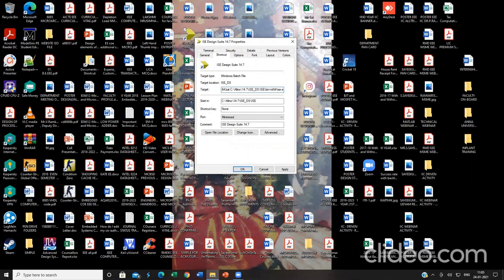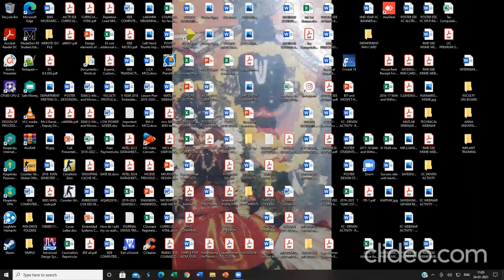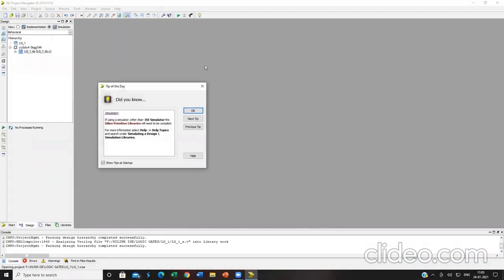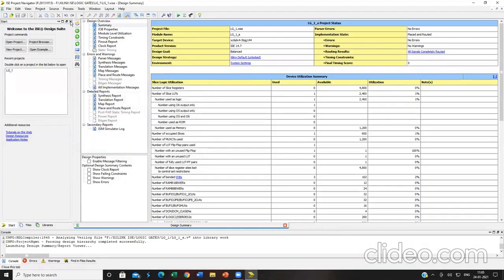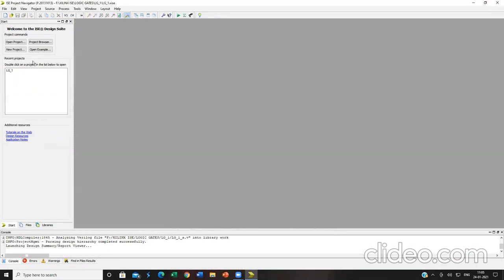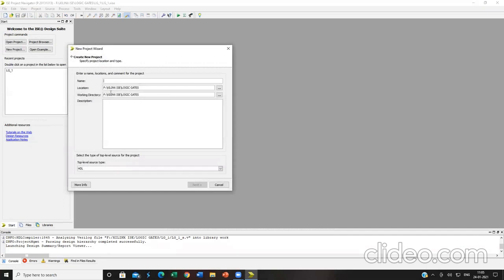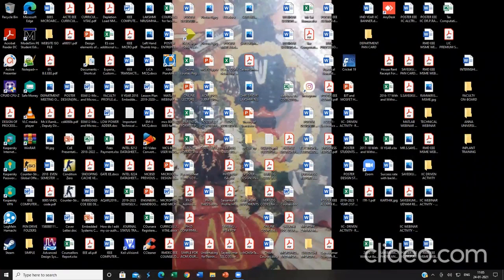If I go with NT64, it will not allow me to create any form of files over here. Let me again show it to you. See, it will be opening. Here you may be asking that I have run the program, but let me show you. Let me close everything over here. Now I will go to File, New Project, and I want to change the location. See, if I click it, it will close.